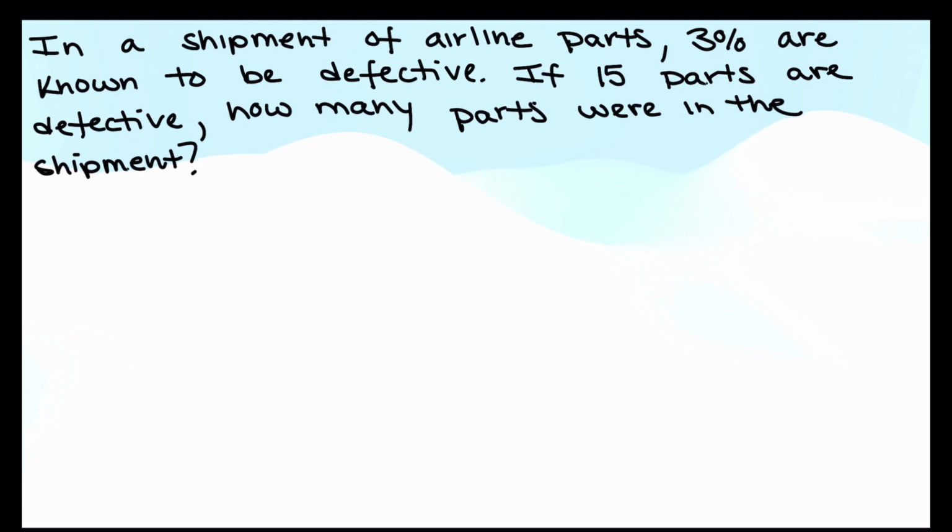Next example. In a shipment of airline parts, 3% are known to be defective. If 15 parts are defective, how many parts were in the shipment? So in this problem, they gave us the percentage, the 3%. They told us the number of parts that were defective. We need to find the total number of parts in the shipment. So when I set up my proportion,